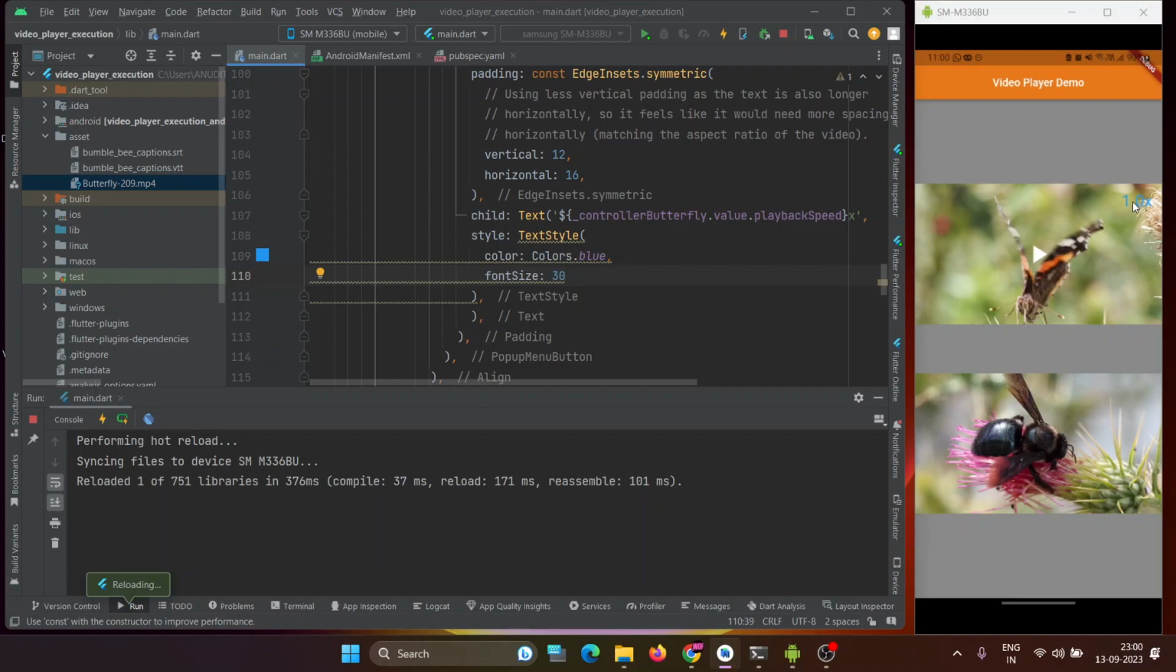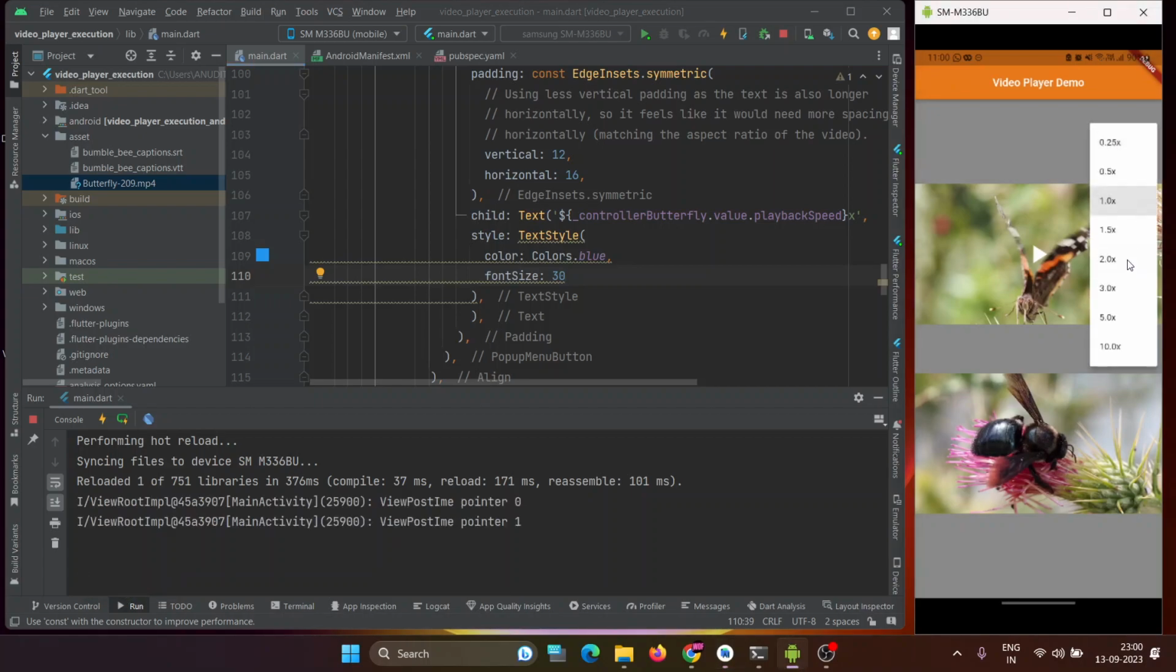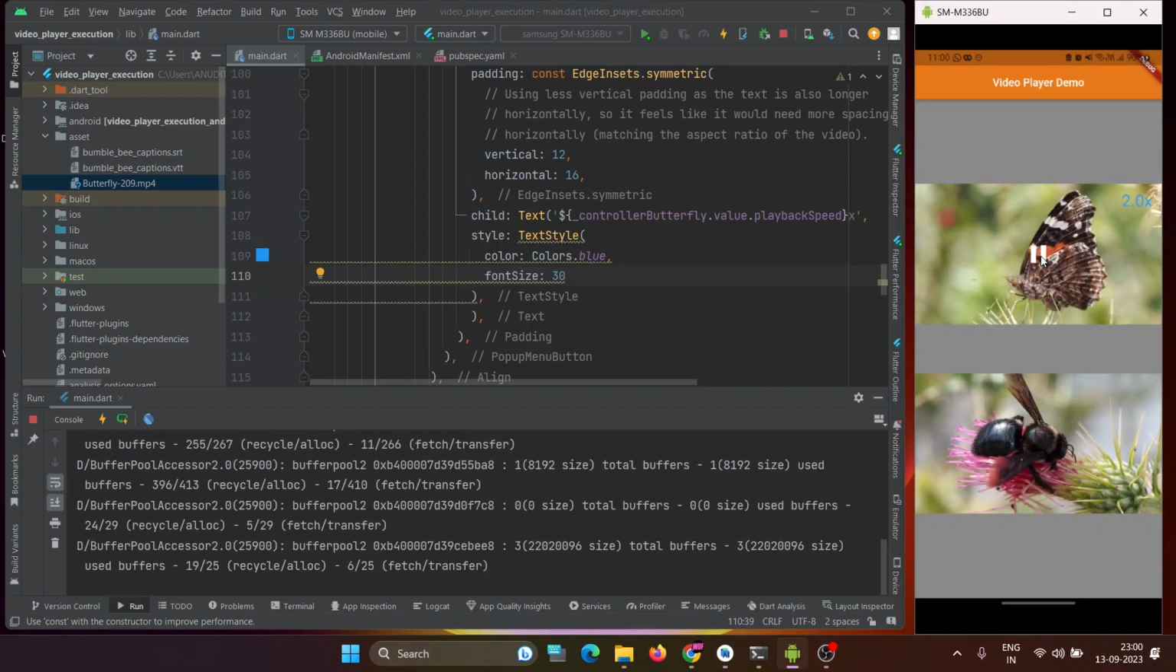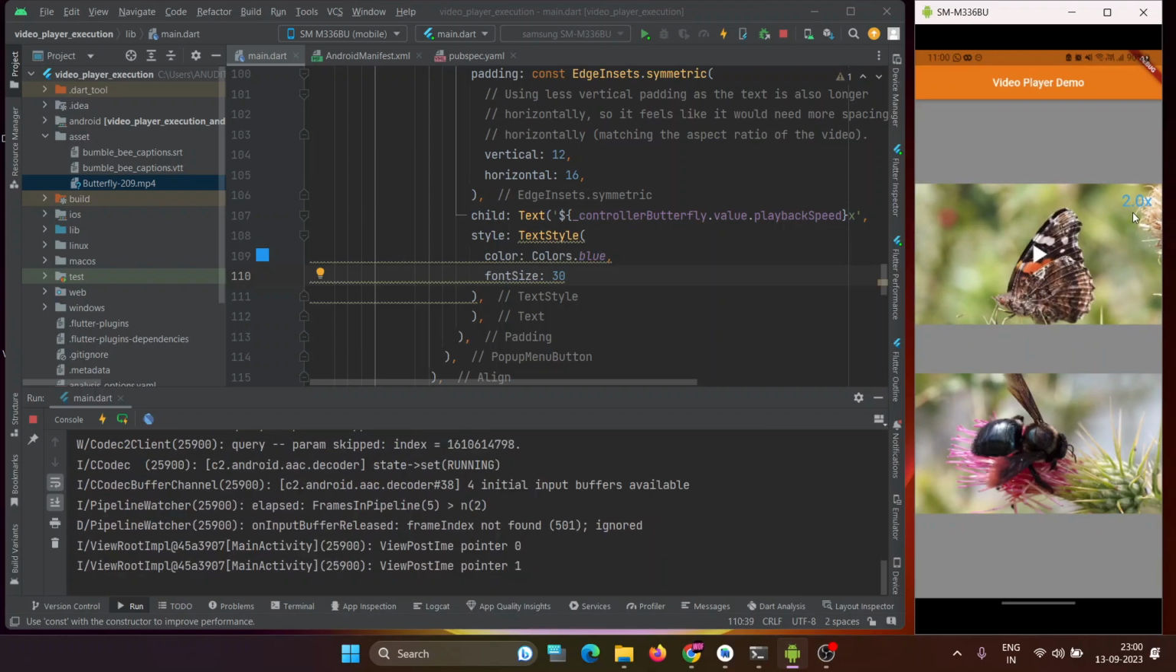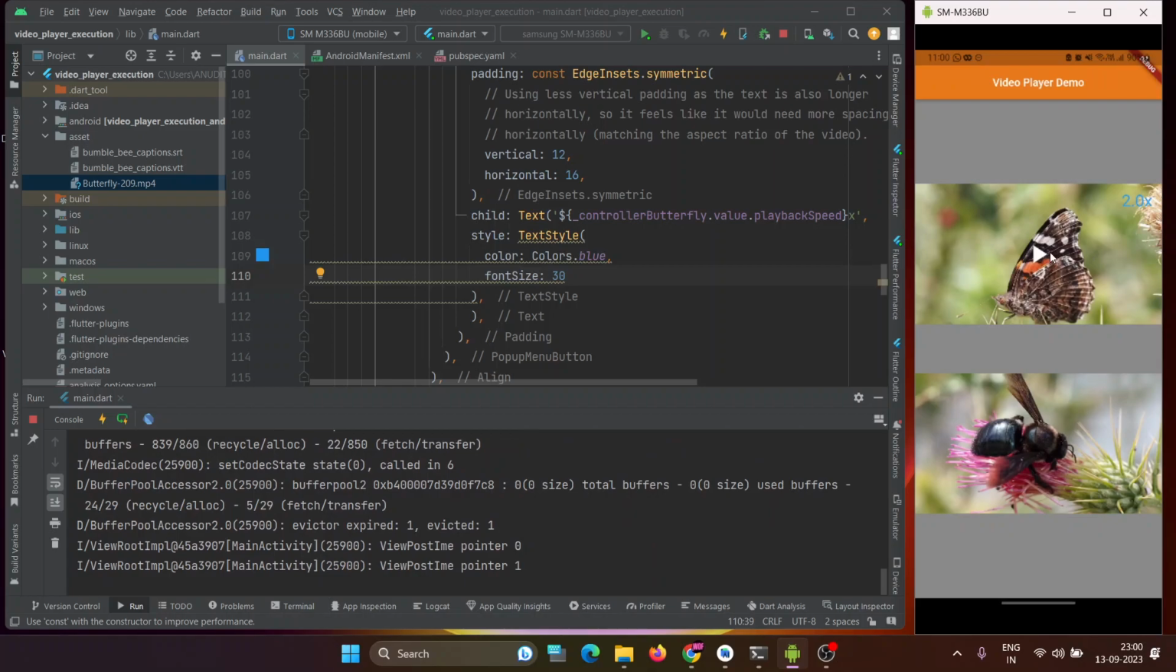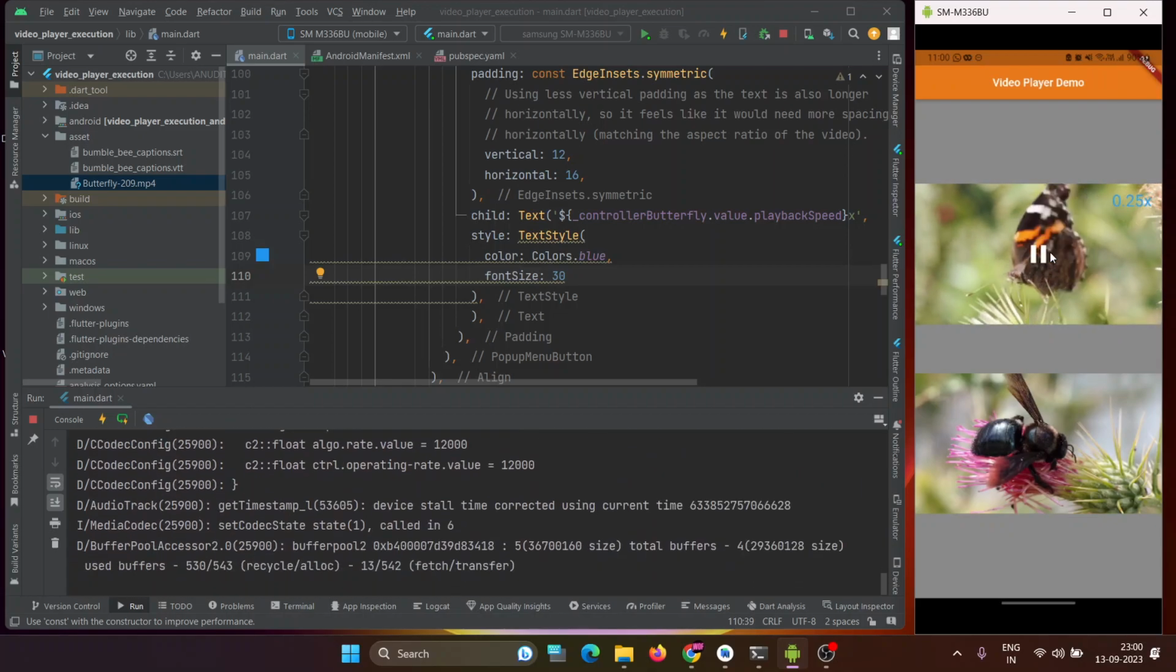So yeah, now you can see it's at 1x. If I give 2x, then it will start on 2x, it will have twice the speed, and if I give 0.25 it will have very slow speed. Okay,